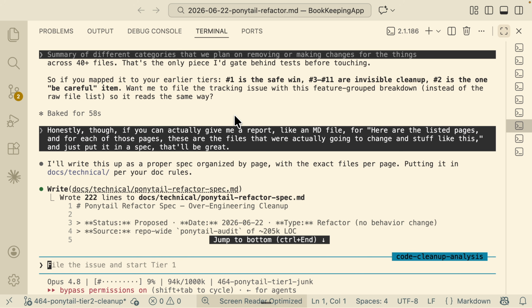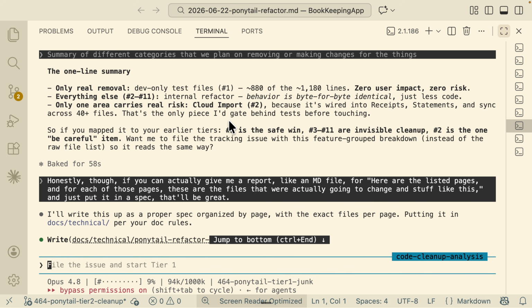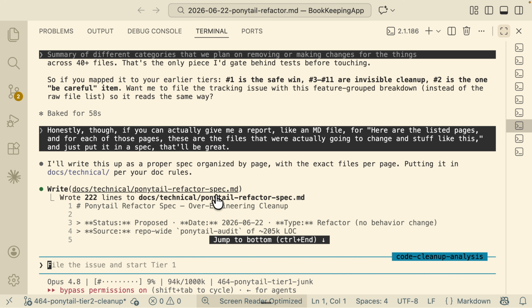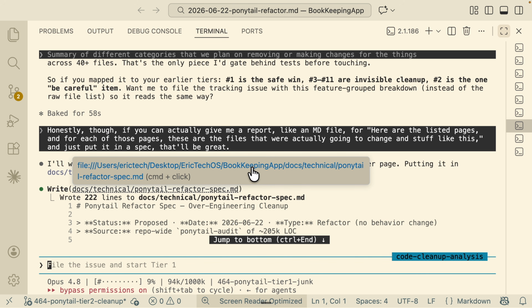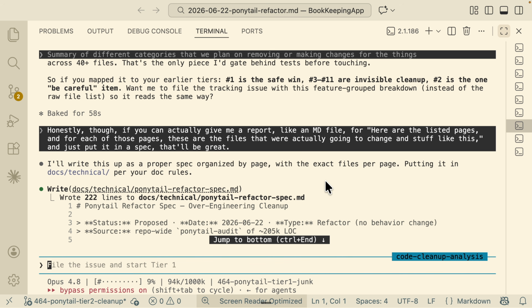The second thing I did here is I also asked it to generate a spec, to create a spec.md file for the requirements on what we're going to refactor. The reason we do this is because we are going to use our own spec-driven development framework to take over from here, because we're only using Ponytail to do the audit, to help us identify what is wrong with our code base. And from now on, we're using our spec-driven development skills to have AI do the implementation